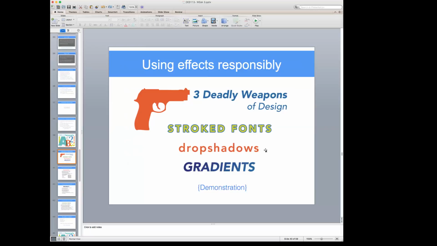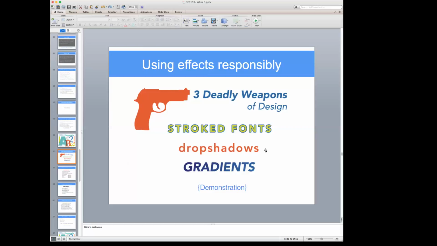Again, you want to avoid drop shadows. They usually try to help bring the text off the page, but if they're not executed exactly right, they can really hurt your design. And so as budding designers, we really want to just avoid it altogether. And then gradients. Gradients, if used tastefully, can really be a cool look. It can add some dimension to your design, but oftentimes gradients are used inappropriately. So we just say, just avoid them.